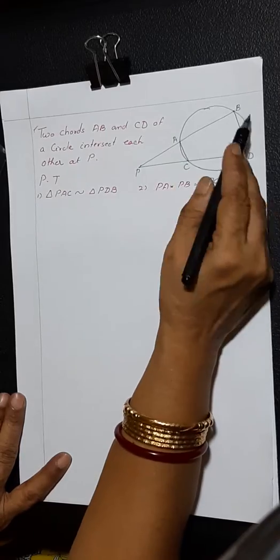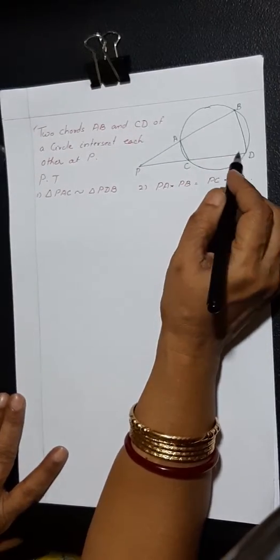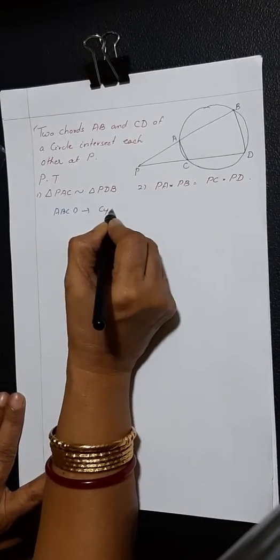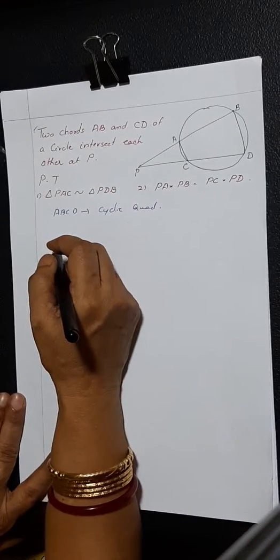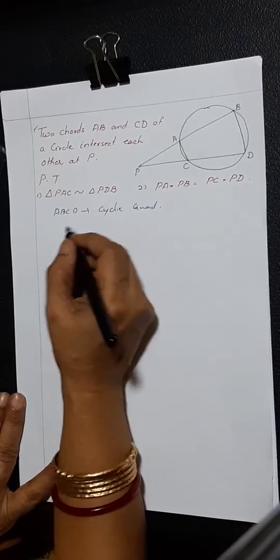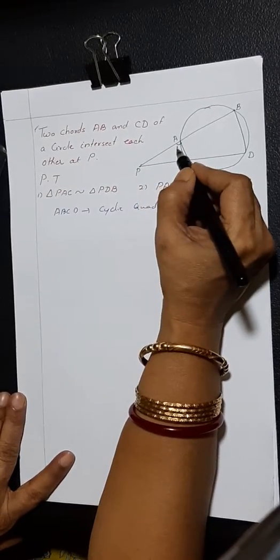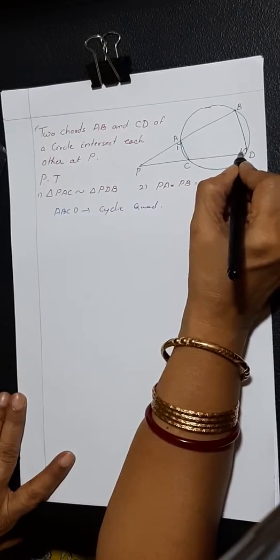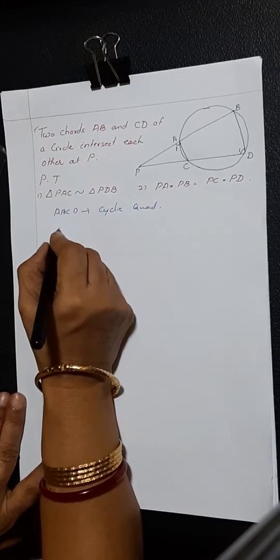Now AB, DC form a cyclic quadrilateral, so ABCD is a cyclic quadrilateral. We know that in a cyclic quadrilateral, the exterior angle is equal to the interior opposite angle. So we can say angle PAC, let us put this as angle 1, is equal to angle PDB. So angle 1 is equal to angle 2,